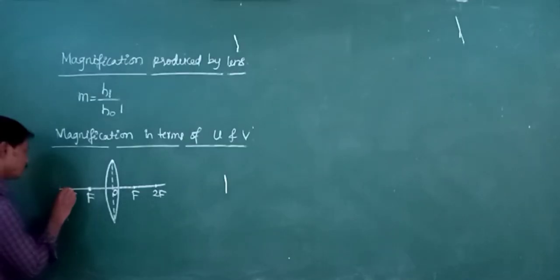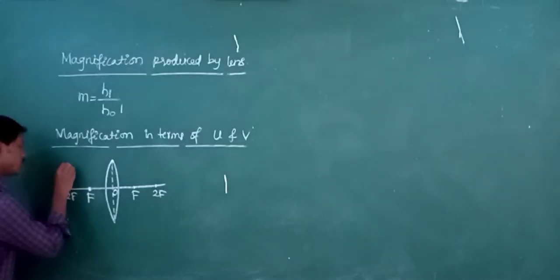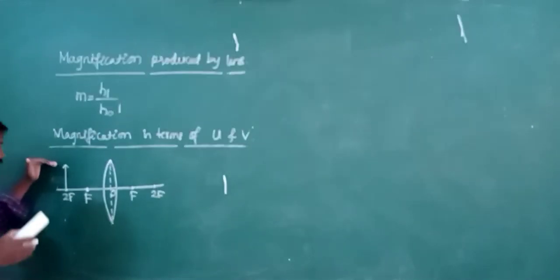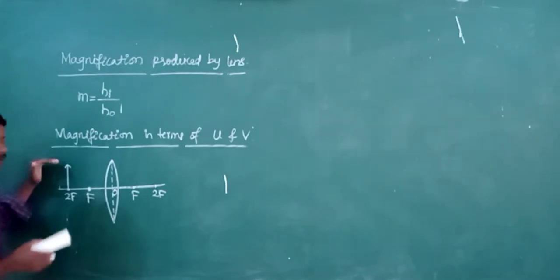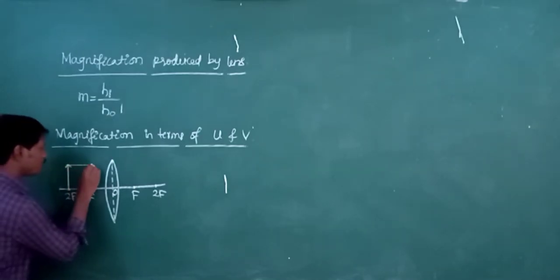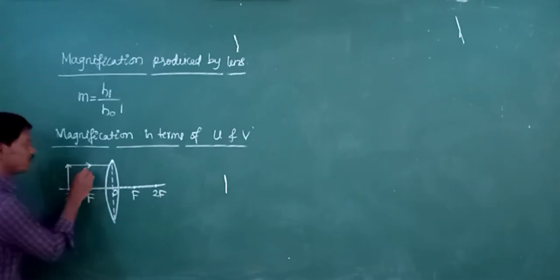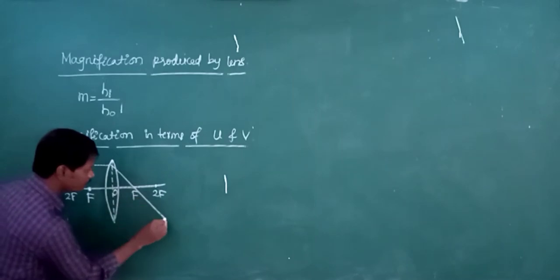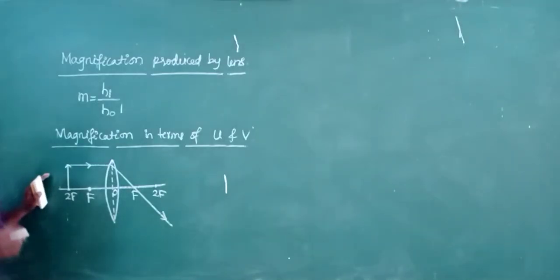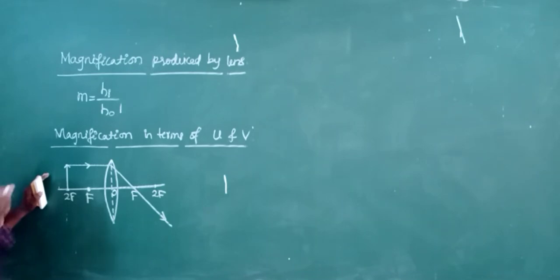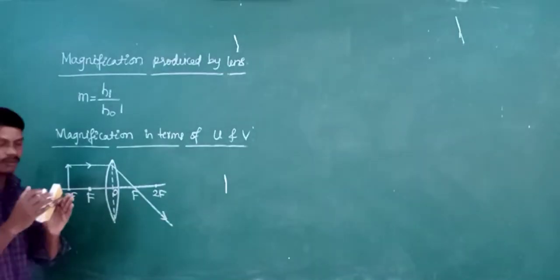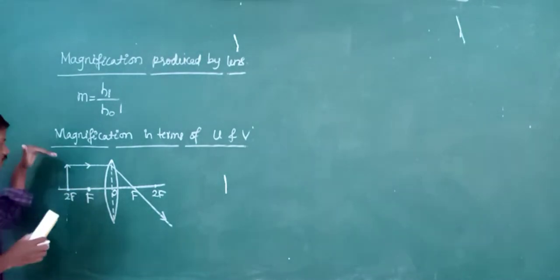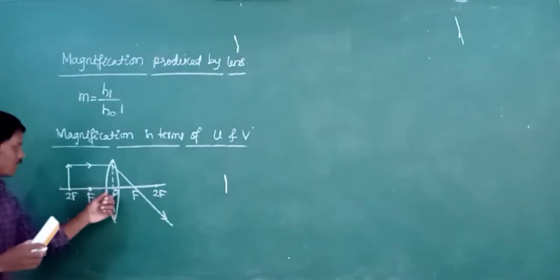Now let us consider there is an object placed at 2F. Then where will its image be formed? Already we studied the formation of image by convex lens. First ray is parallel to the principal axis. After refraction, the refracted ray passes through the second principal focus. Then the second incident ray passing through the optical center passes without deviation, because here the emergent ray and extended incident ray are both very close to each other. That is why the incident ray passes without deviation at the optical center.